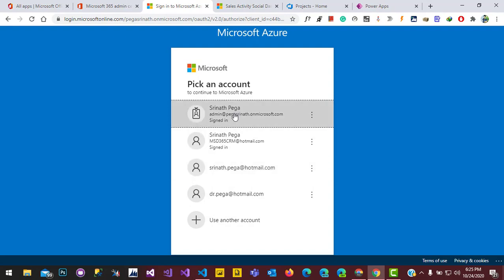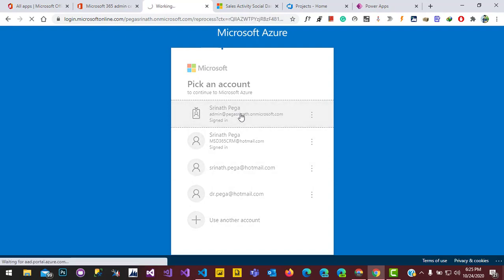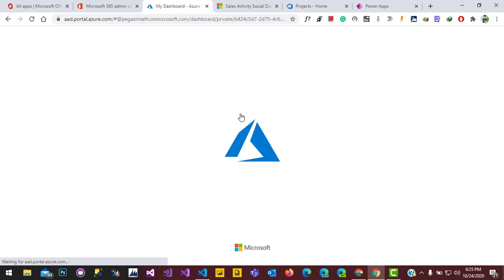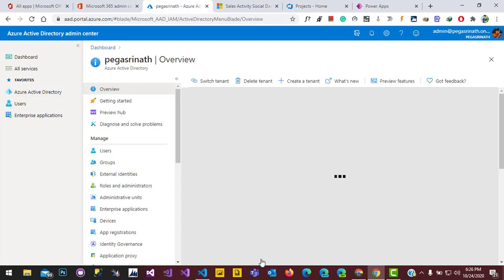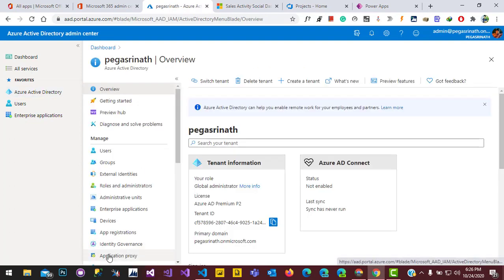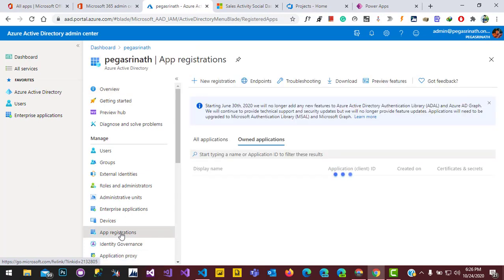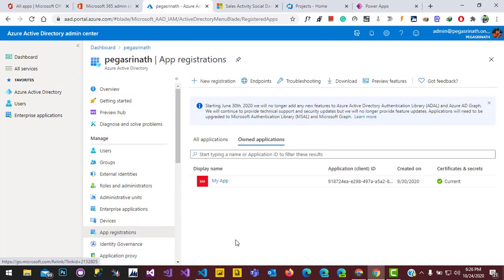It's asking to log into Azure, then click on Azure Active Directory and click on app registration and click on new registration.